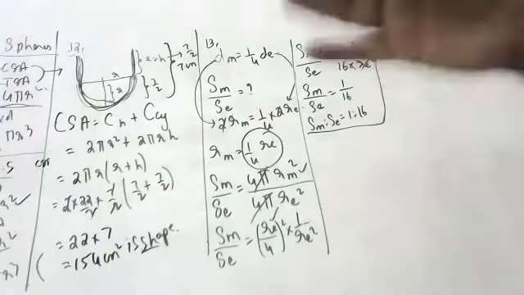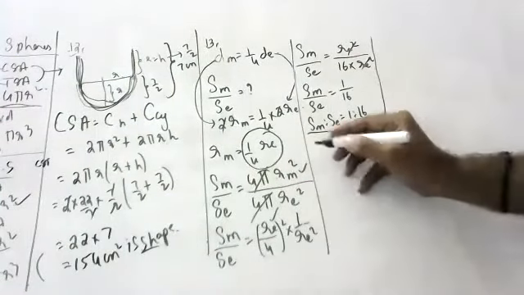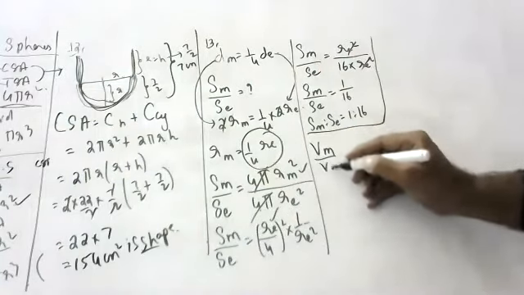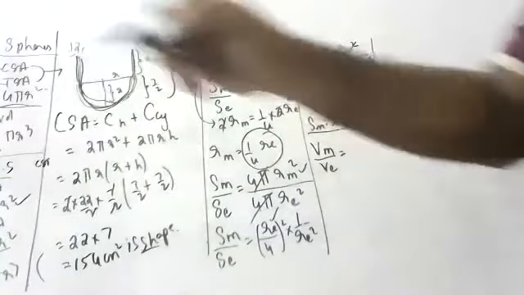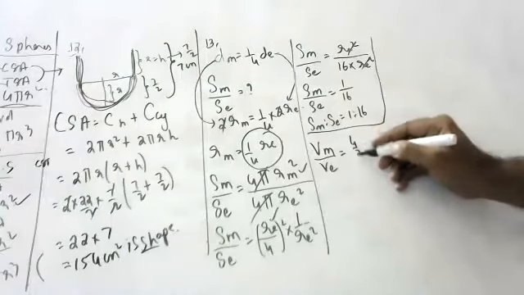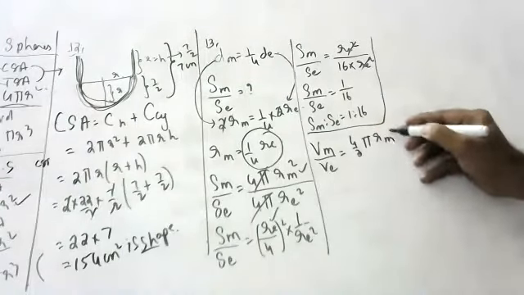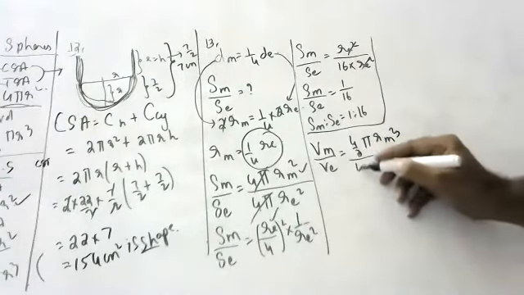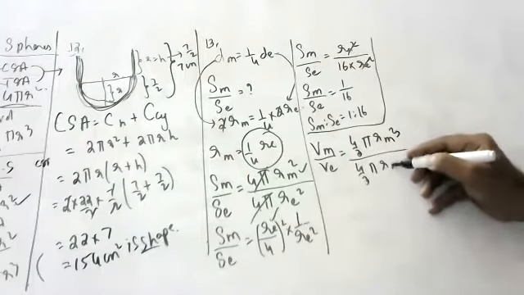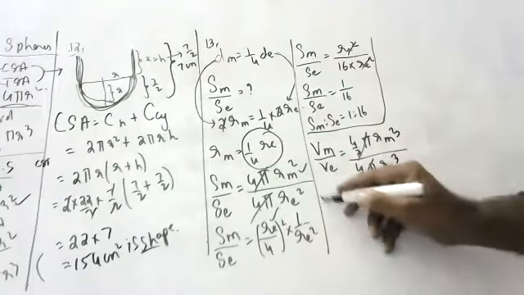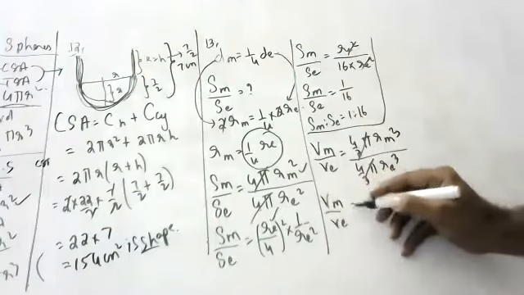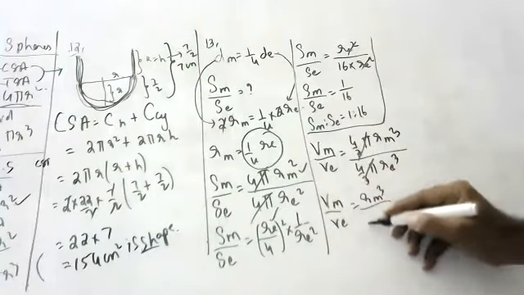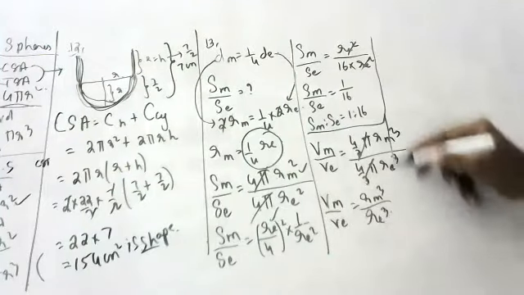You will tell them, Hansika, the volumes ratio. Volume of the moon by volume of the earth. Tell the formula: 4 by 3 pi r cube. So 4 by 3 pi Rm cube by 4 by 3 pi Re cube. Very good. This cancels. Rm cube by Re cube.